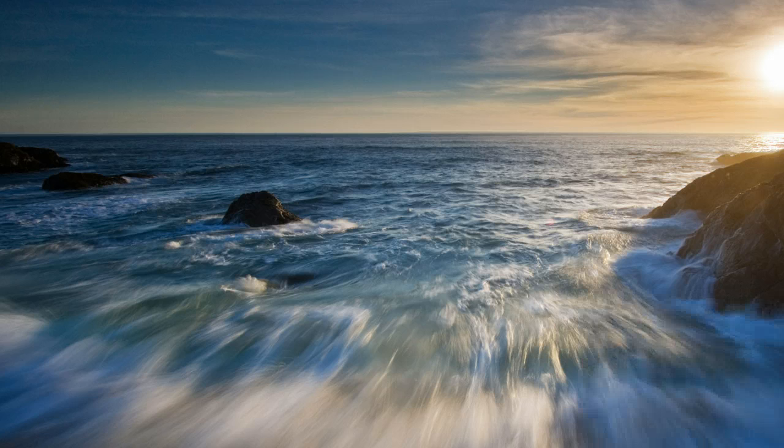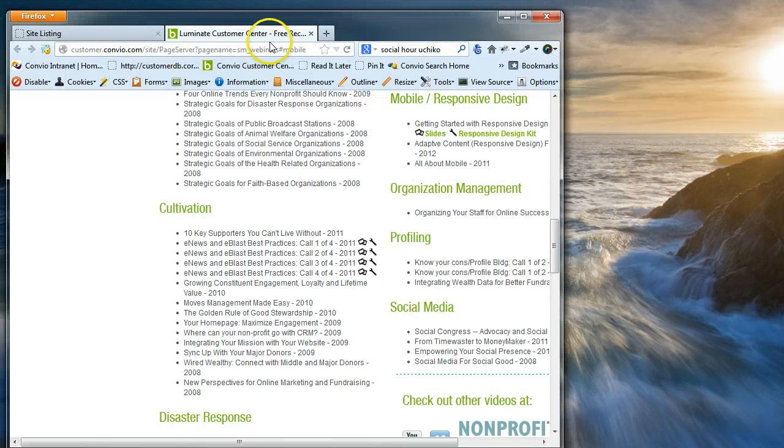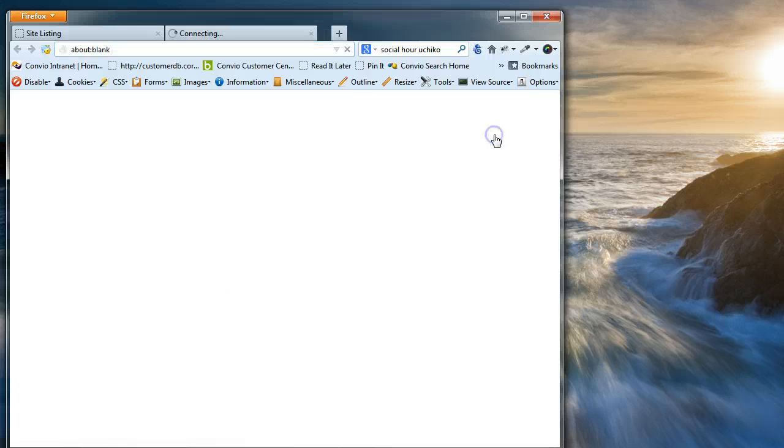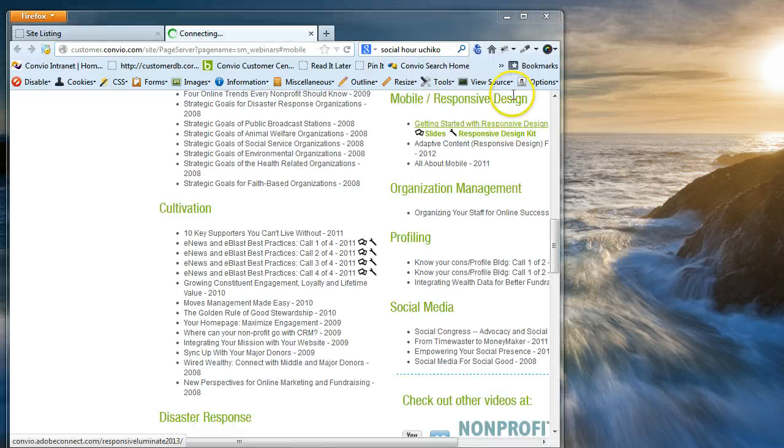At this point, you should have downloaded the Responsive Design Kit to your computer. If not, please go to the following URL, as you can see right here, and you will want to go under Mobile Responsive Design, and it's right here, Responsive Design Kit. So go ahead and click on that. Now download it to your computer,